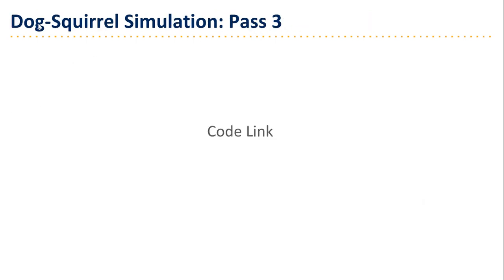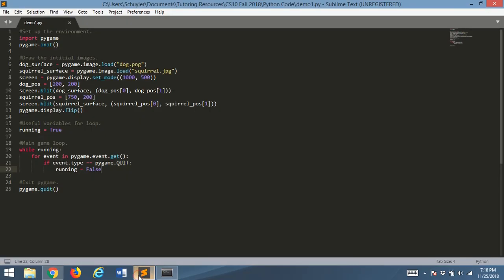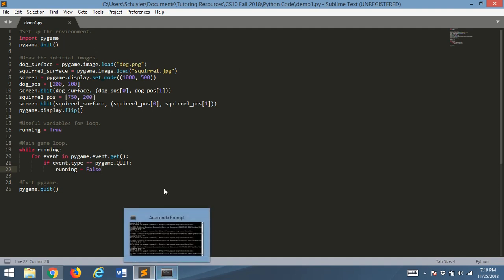All right, now let's go back to our dog squirrel simulation and look at a demo that actually implements some of this. So here we are. Here's the code as it stands. And to remind you of what this code does,